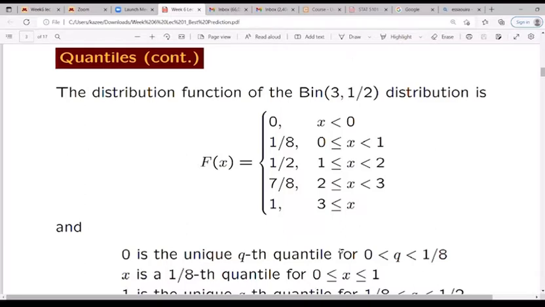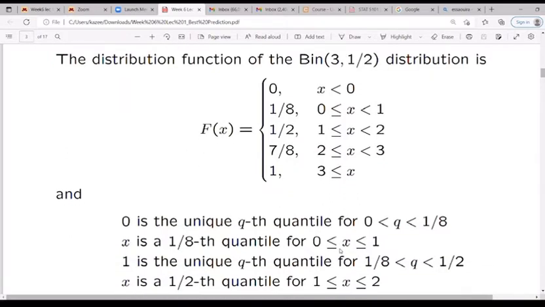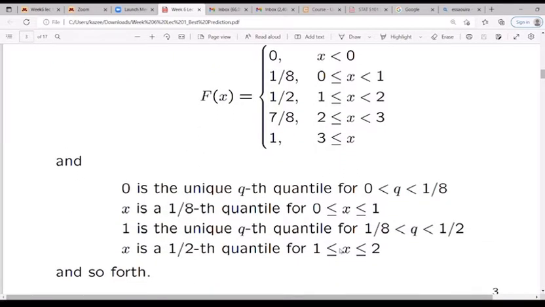I'm going to say that again. You can only talk about quantile now. You can derive your quantile now that you have your distribution function. So what I'm trying to tell the world now is, before you can figure out what the quantile is from a particular probability distribution, you need to first figure out the PMF, and that is what I actually have. So now from there, I can make an inference about what the quantile is going to be.